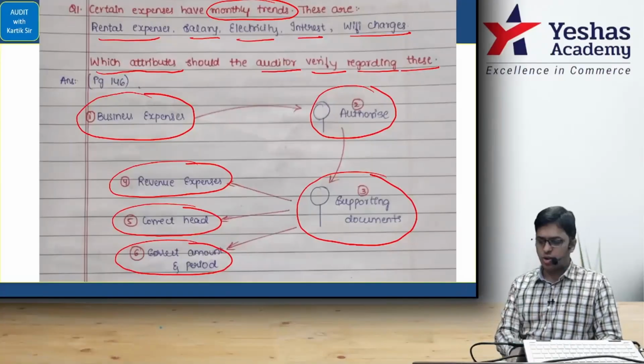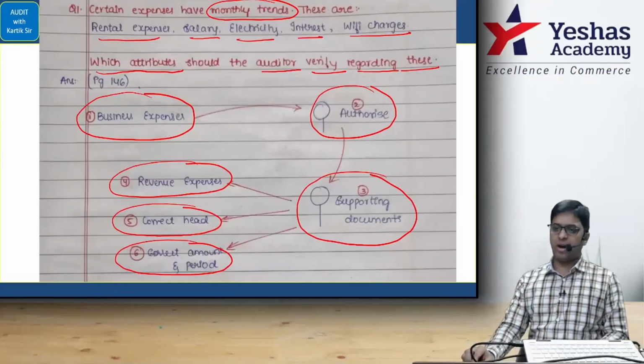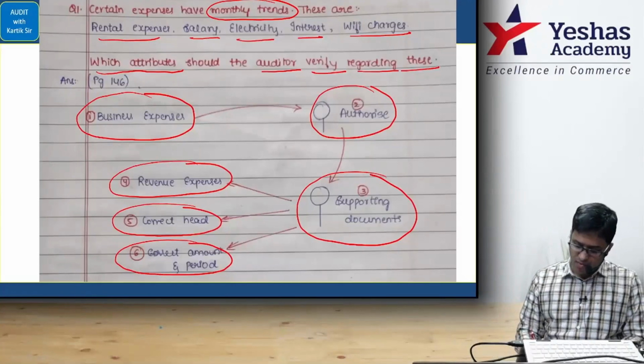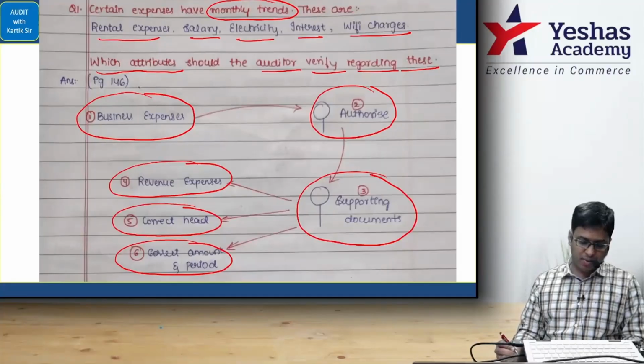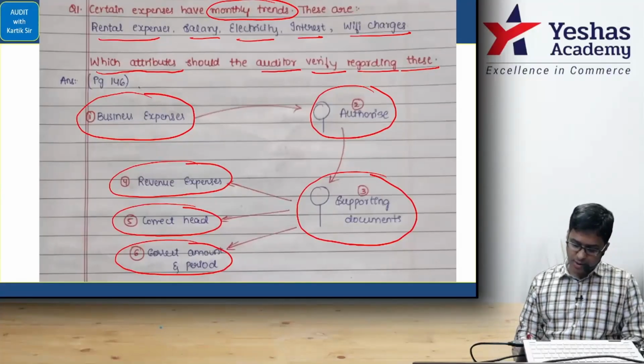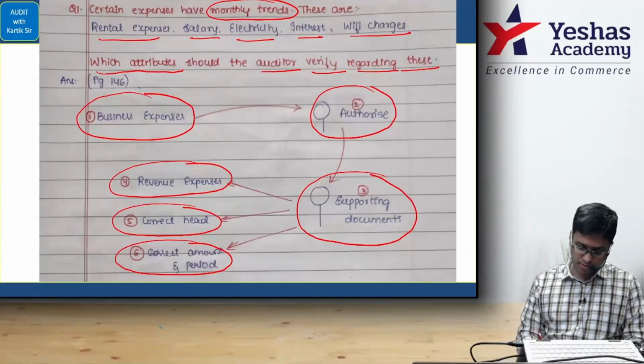Go to your textbook, please. Do the marking with me. First, whether the expenditure pertains to the current period. Current period, we'll mark it as 6. Point number 6. Next, whether the expenditure qualified as revenue and not capital. The revenue expenditure is point number 4.